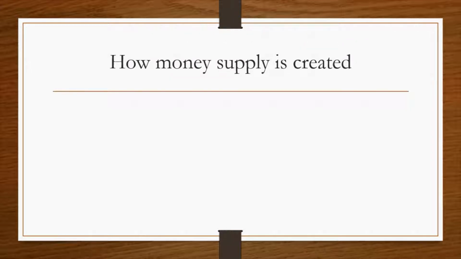Now let's understand how money is created in the economy. First character that comes into the picture is a central bank. Central bank creates something called reserve money. This money is created out of thin air, and we'll use the term thin air quite often because that's what is happening. Things are being created out of thin air. So central bank creates reserve money out of thin air.